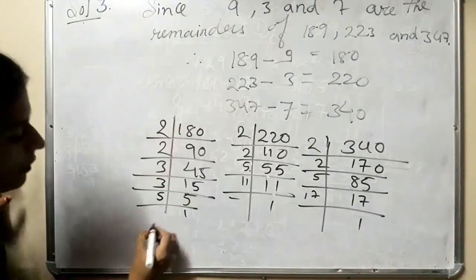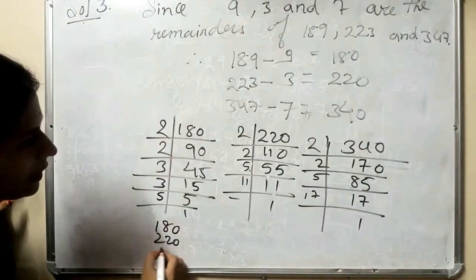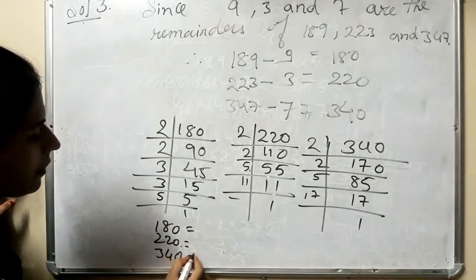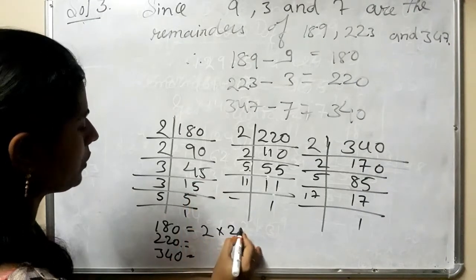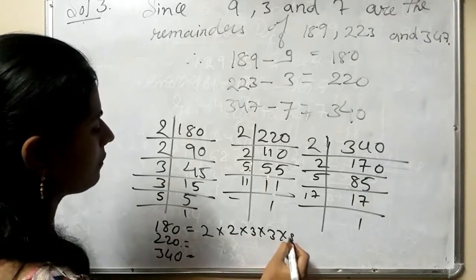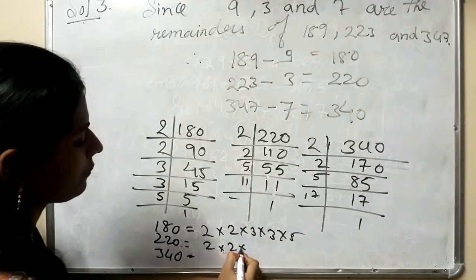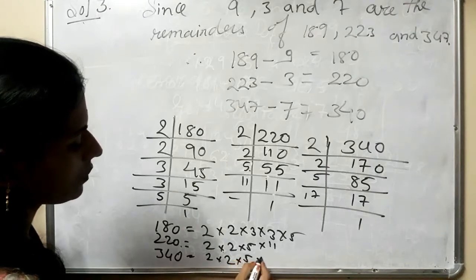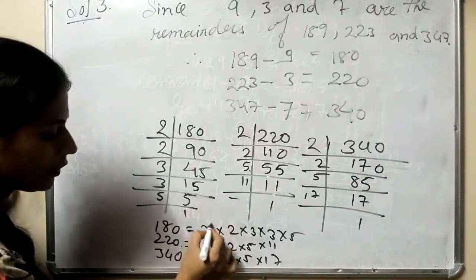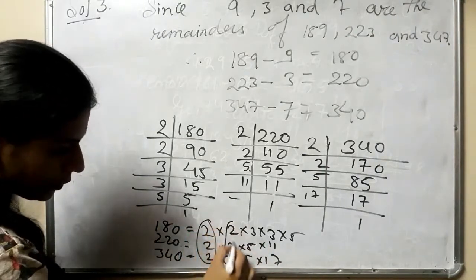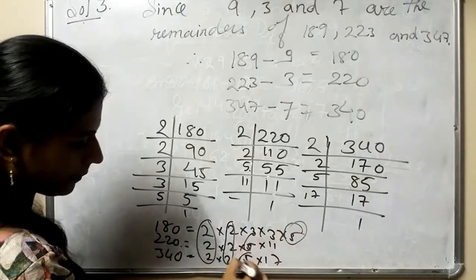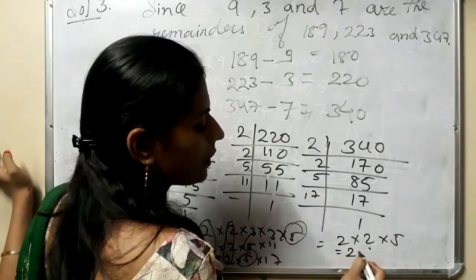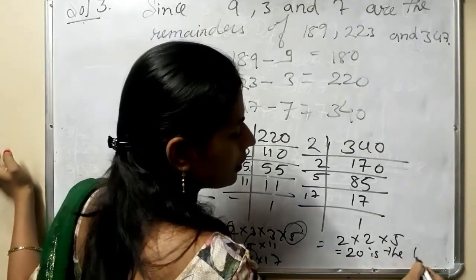Now see, 180, 220 and 340. 2 into 2 into 3 into 3 into 5. Here 2 into 2 into 5 into 11. Here 2 into 2 into 5 into 17. Now what is the common factor you got here? 2, again 2, then 5. So 2 into 2 into 5. 5 2s are 10, 10 2s are 20, is the largest